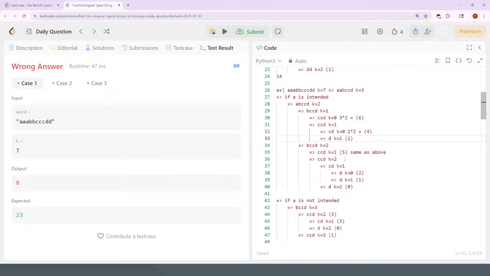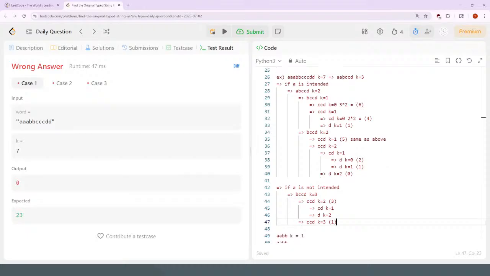Okay. Did I do this wrong? This is an extra set of counts, but this branch is 3. Okay, and then